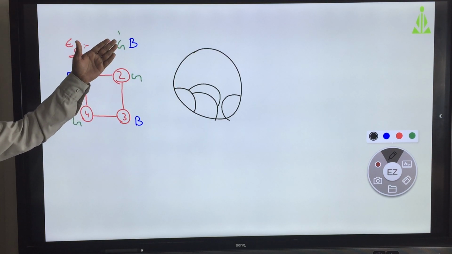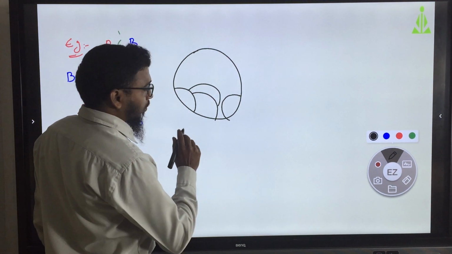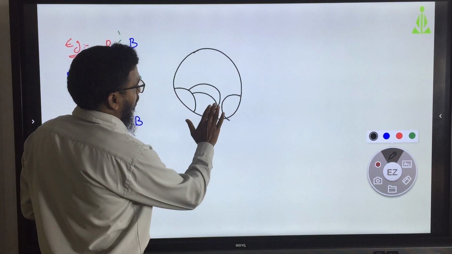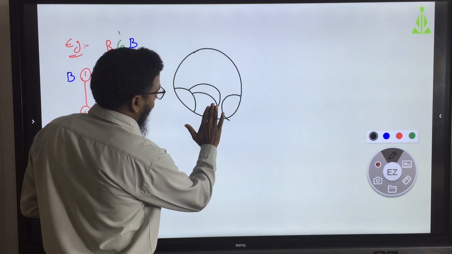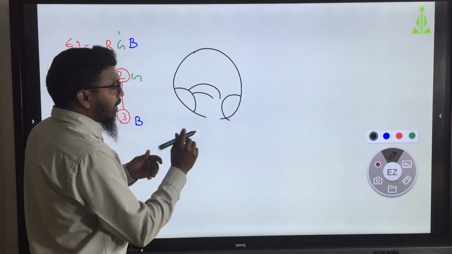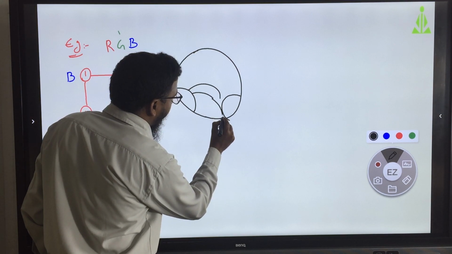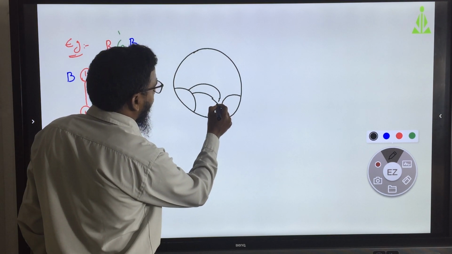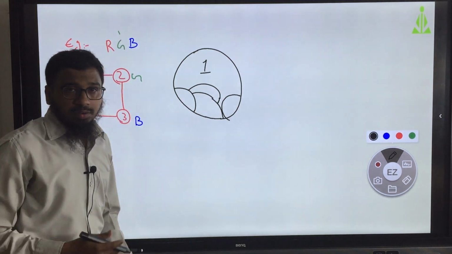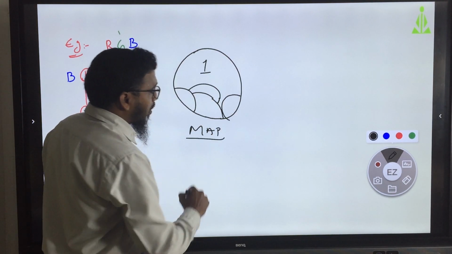You can take any one of these. Here I will make this added to here, and this is here. I am saying this is one state. Consider this a map.